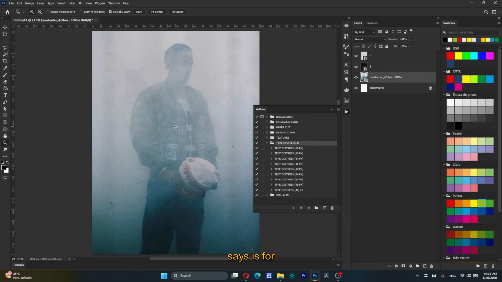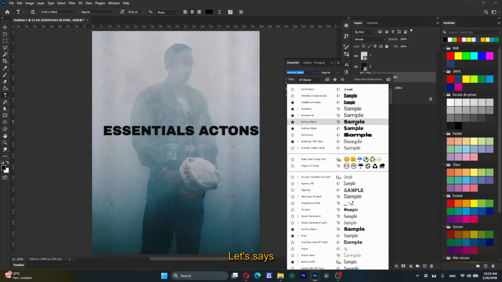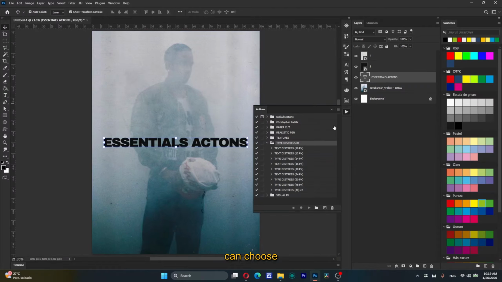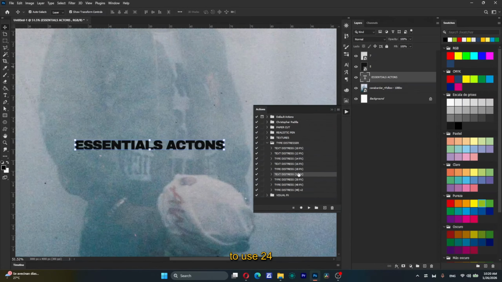As the name says, it is for the type. So what we have to do is, for example, let's try something. You can use any font and it works well with any font. I don't know, let's try Essentials Actions, for example, and I'm going to use another font. Let's say this one, and now we can choose any of these. It kind of depends on the size of the font, but you can use any that you want. For example, I'm going to make this about 24, and now we are going to use 24 pixels, and